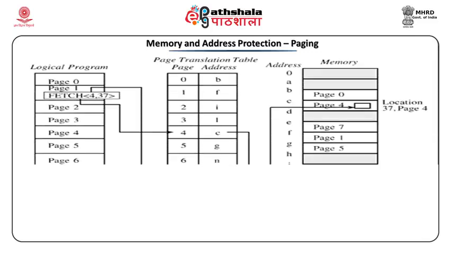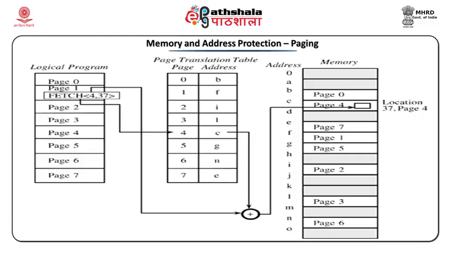Logically, a program is divided into pages. There is a page translation table. So, if we have a program consisting of 7 pages, we have a page translation table saying which address the 0th page is at, which address the 1st page is at. In our diagram, we can see the 0th page is at address B. So, in the physical memory, it has to be located at B if a person wants to access page number 0. For example, there is an instruction saying fetch 437, which means access page number 4 and, from the start of page 4, fetch the data at location 37.